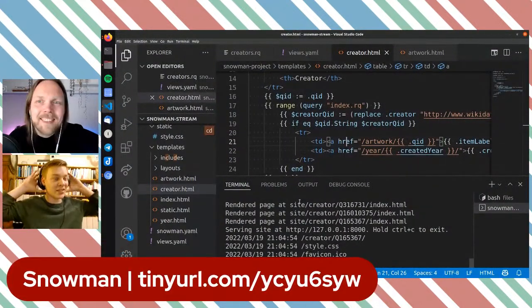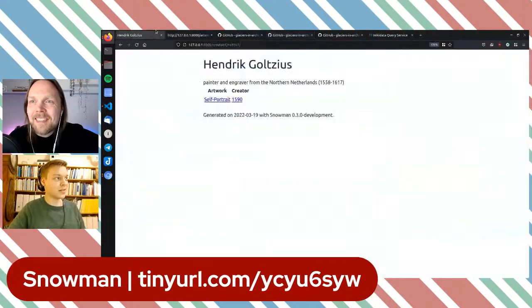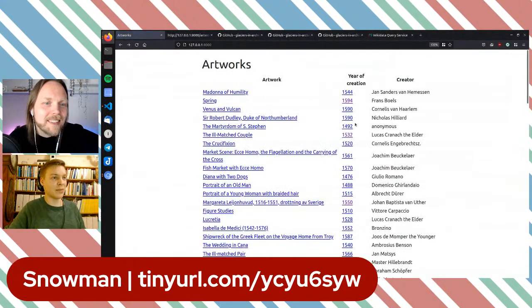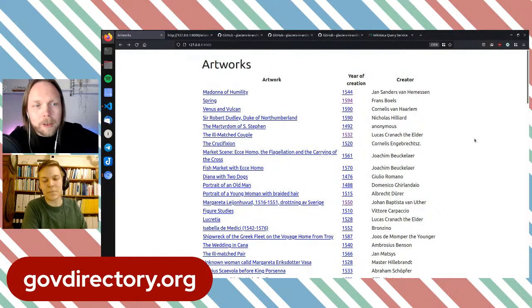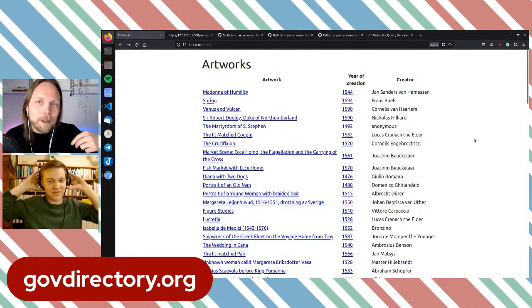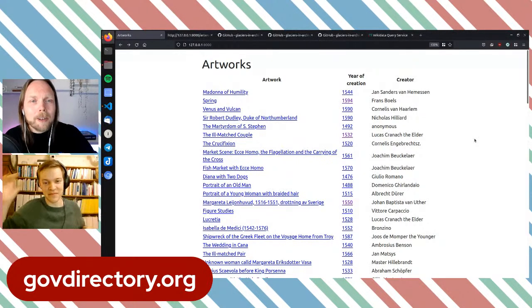So yeah, that's Snowman. A small example, generating a simple web page. And if you want to see a live example, you can always go to govdirector.org and then click through to the GitHub. One interesting aspect you can do when looking at that repository is to see how it's developed over time.